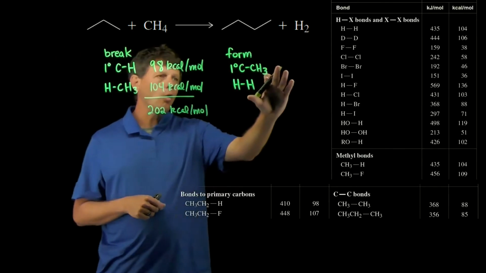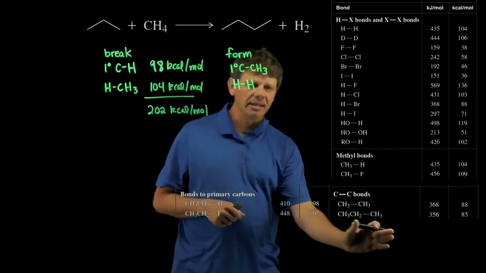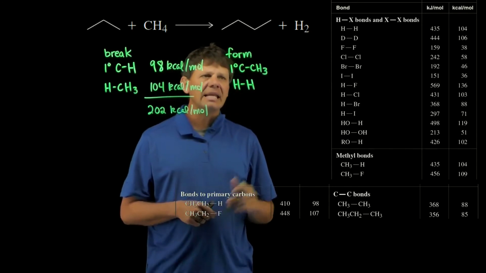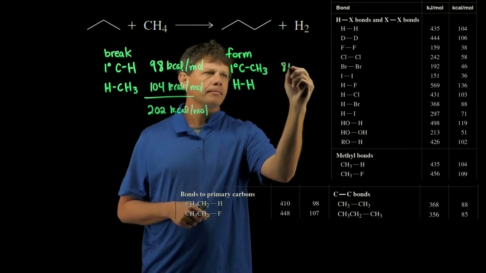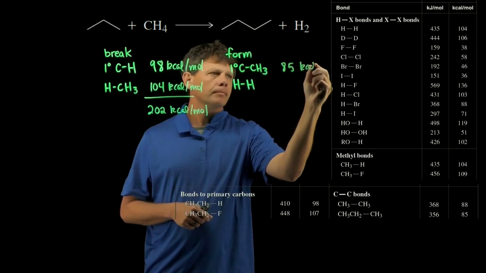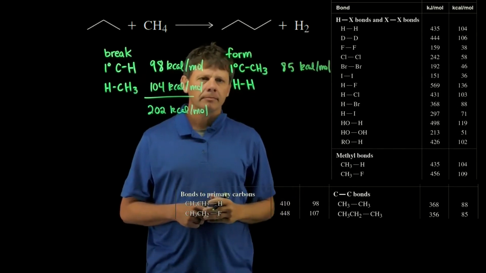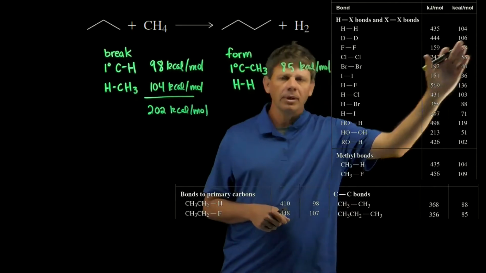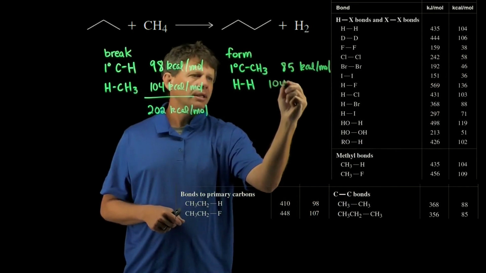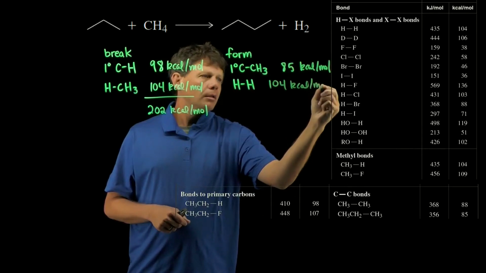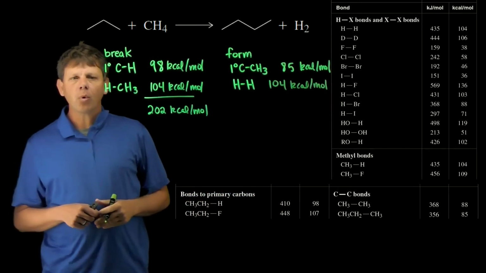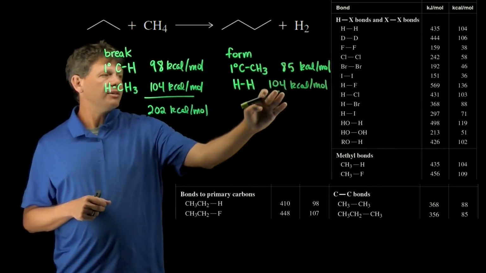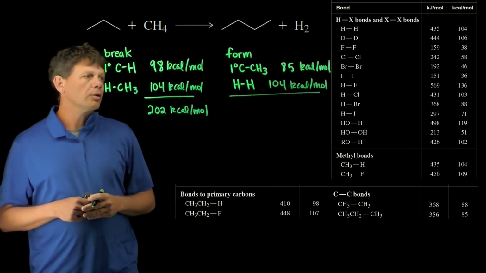We can do the same thing over here on the formed side. We notice that the CH2-CH3 bond down here is going to be the best bond to use, and so that is 85 kilocalories per mole. The hydrogen-hydrogen bond is the one up here, and we note that that is 104 kilocalories per mole. Since these bonds are forming, the amount of energy that's going to be released upon bond forming is this 85 plus 104, or a total of